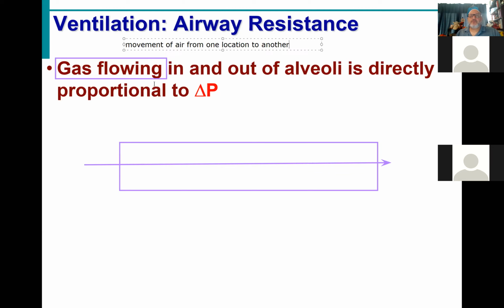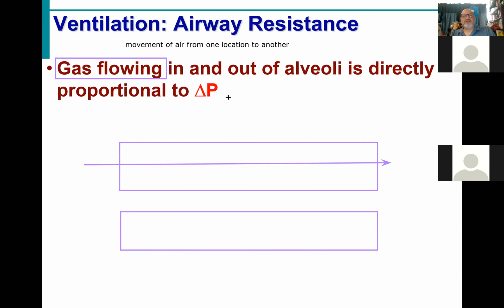Now, the movement of air, just like we talked about with concentration gradients, is going to be influenced by pressure gradients. As we have talked about before, if I have two tubes, and let's pretend they're the exact same size,